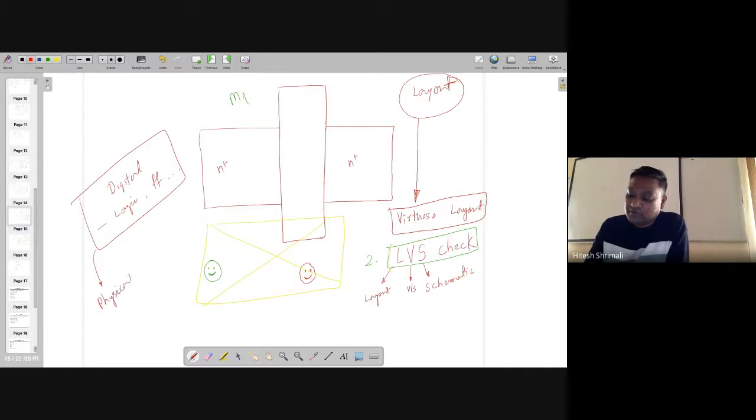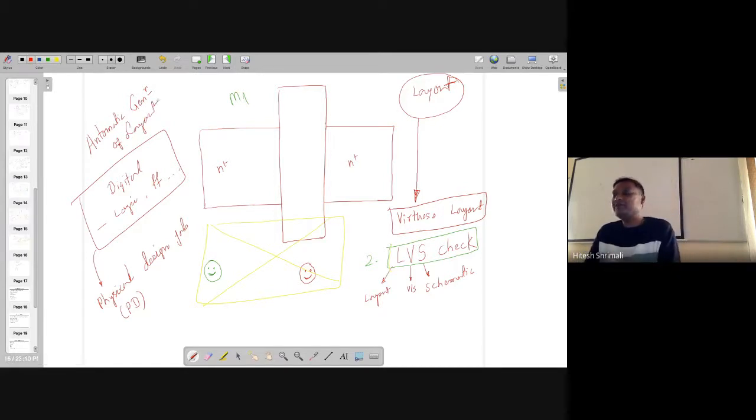It's called physical design job, or PD for short. This is the highest paid job for VLSI, and most of the time they are doing something called automatic generation of layout. So the layout will be generated by that. Then PEX and all these things you are going to do. You are going to just run the simulation. You are not going to sit and draw the real layout.